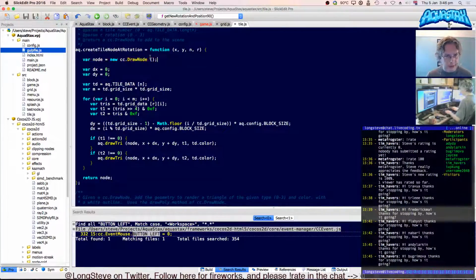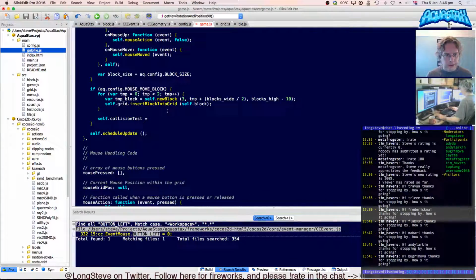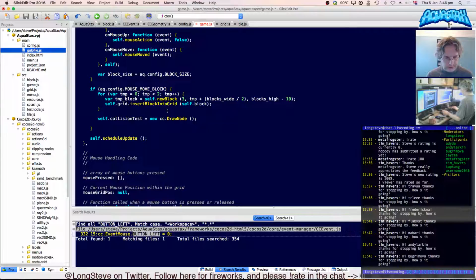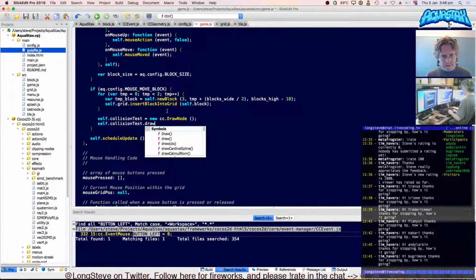There we go. Nice and simple. And it's draw, isn't it? Yes. So self.collision test equals cc.drawNode, and then it's dot draw rect